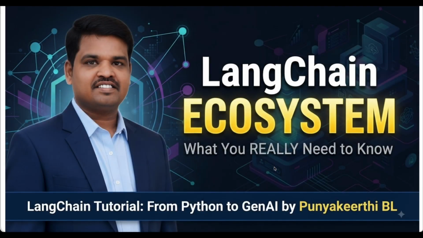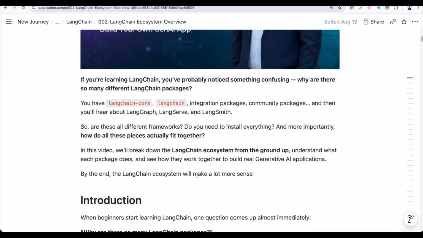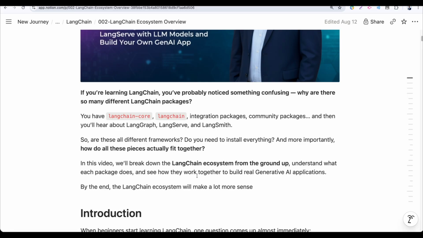Hello everyone. So if you're learning LangChain, you have a question, right? You notice something confusing. Why are there so many different LangChain packages? We have seen LangChain Core, LangChain, integration packages, community packages, and then you will hear about LangGraph, LangServe, and LangSmith,